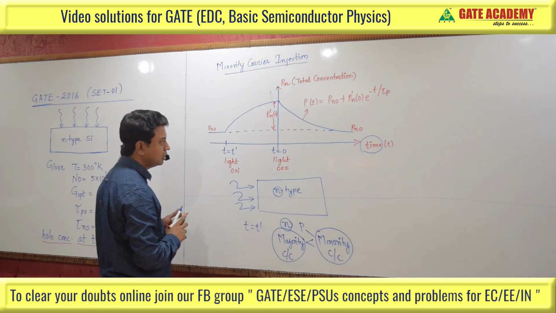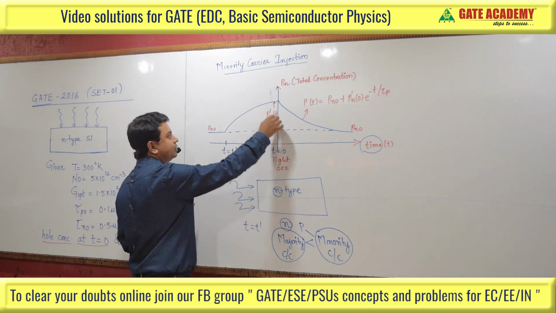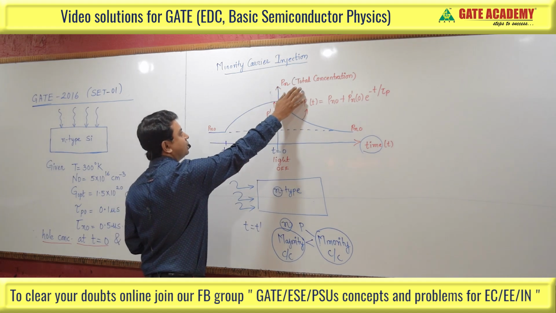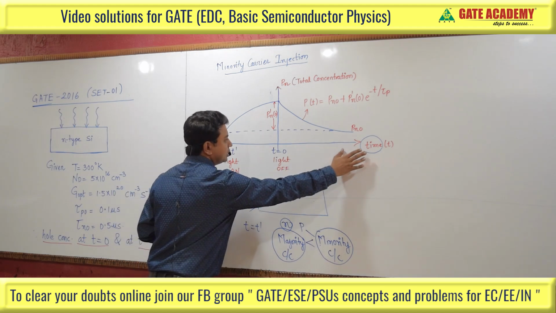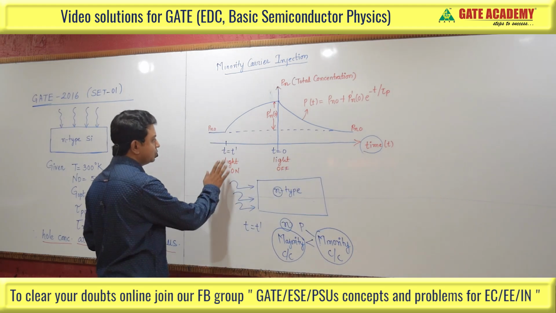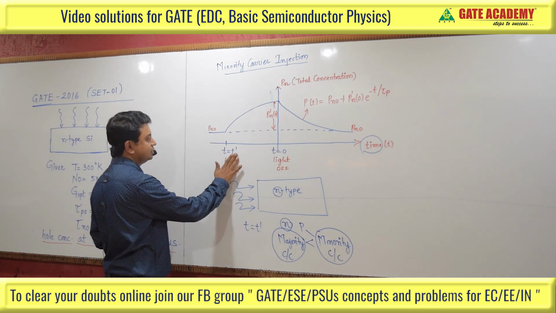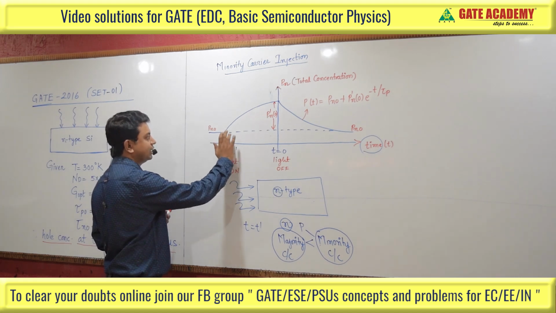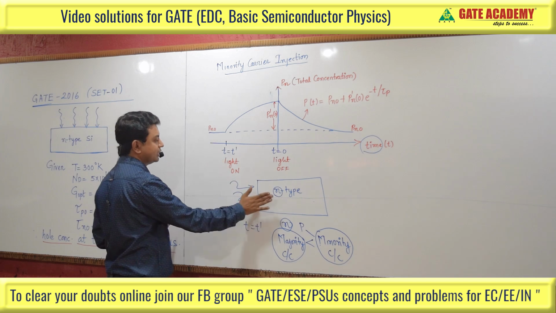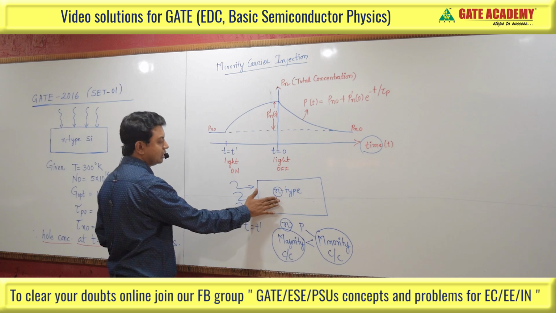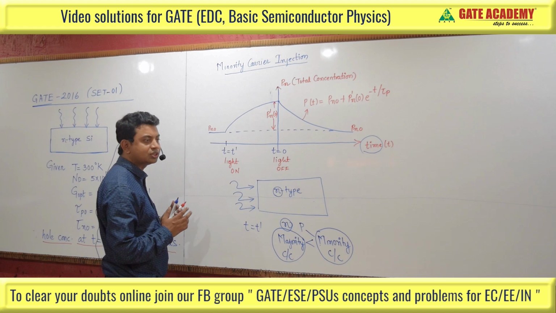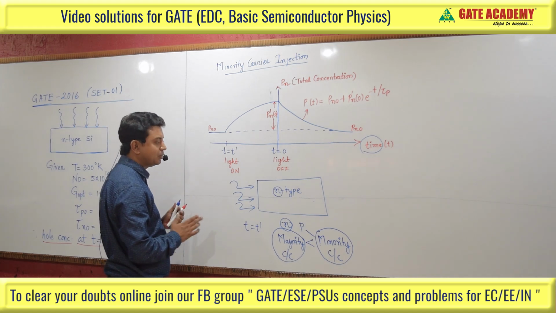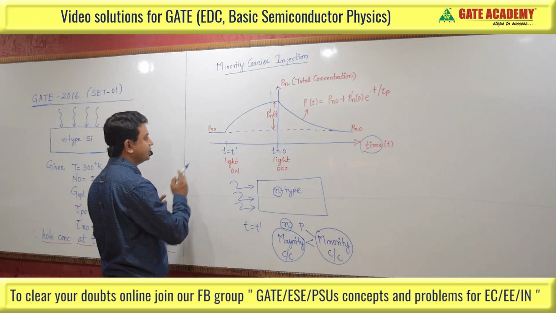And if you see one by one how the graph is working, the y-axis is the total concentration of holes in an n-type semiconductor, and the x-axis represents the time. So suppose at time t = t', this is the time when the concentration will change. Before this time, this n-type semiconductor has minority charge carriers at thermal equilibrium. That means when no external light source is applied to this semiconductor, and here is the reason,